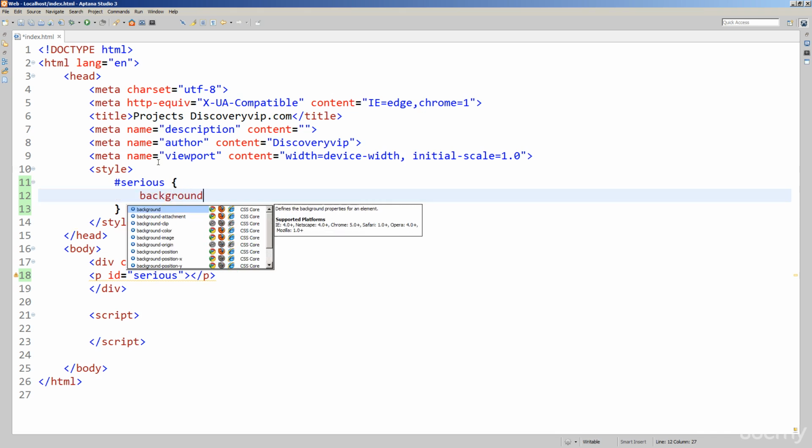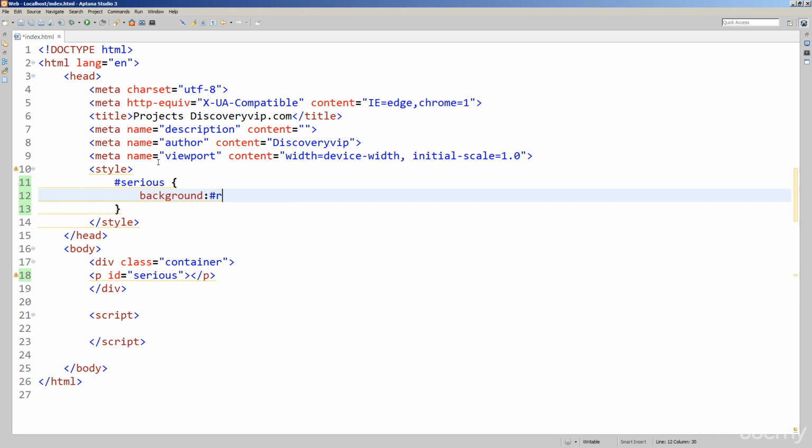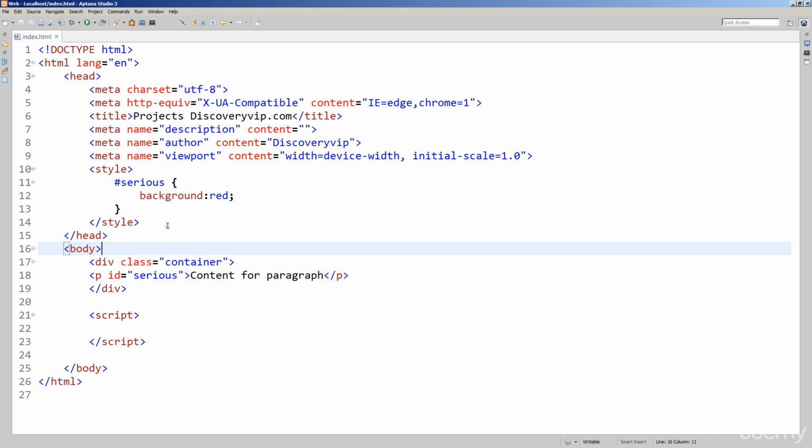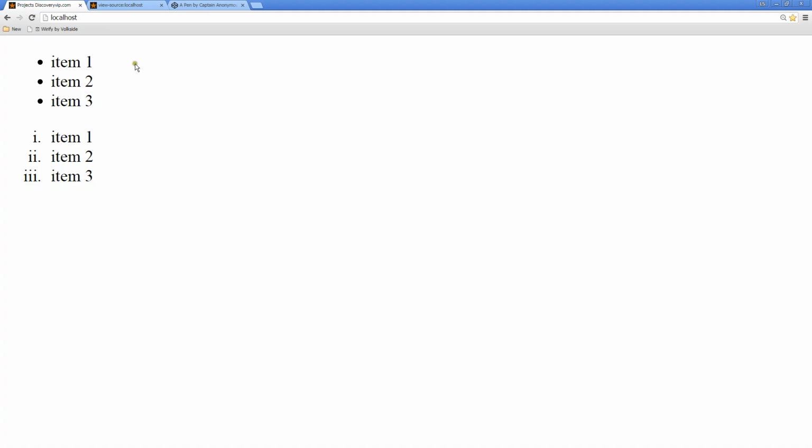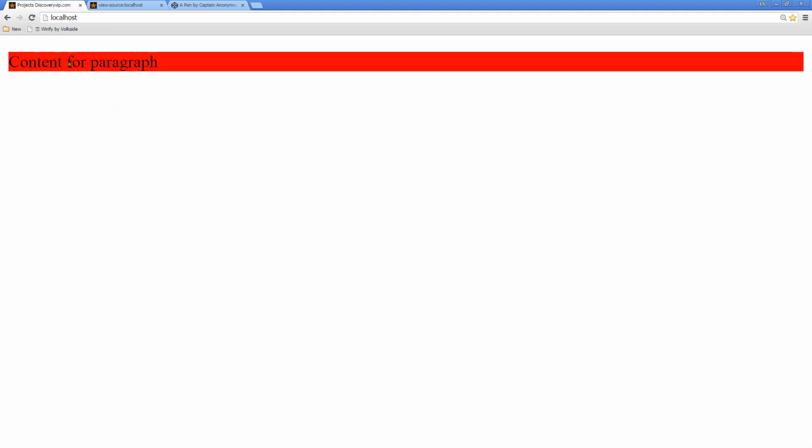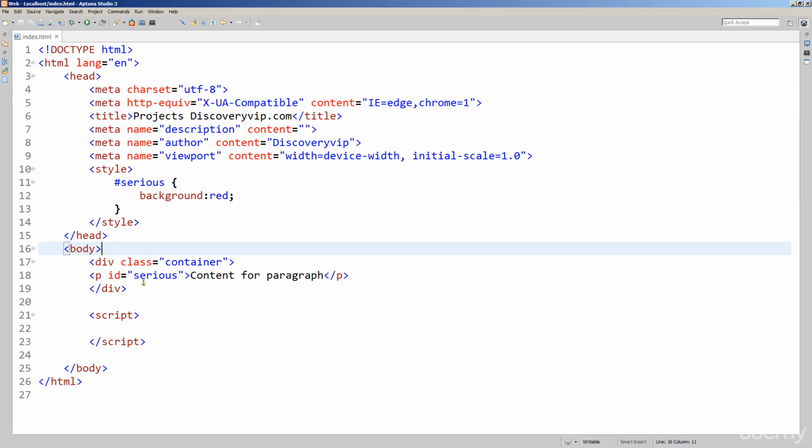And maybe we'll just put a background color there of red. So this gives us the ability to select out particular elements within the HTML code. And then we're just going to put some content in here. Also, when we're connecting to various elements using JavaScript, we're going to be using the IDs as well. So I go back out here and I refresh it. We see that this particular element now has a red background because we've been able to identify it by using